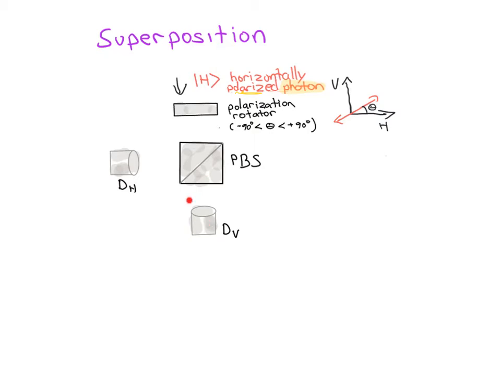They'll be transmitted, and we'll get clicks on the vertical channel. So then let's consider what happens if we set the polarization angle on our polarization rotator to 45 degrees. What will we observe experimentally? What we'll find out is that there'll be some randomness. You'll either get a click on the horizontal channel or a click on the vertical channel, and half the time you'll get a click here, and half the time you'll get a click here, but it appears completely random. You can't predict in advance which channel is going to click, but you're either going to get a horizontal count